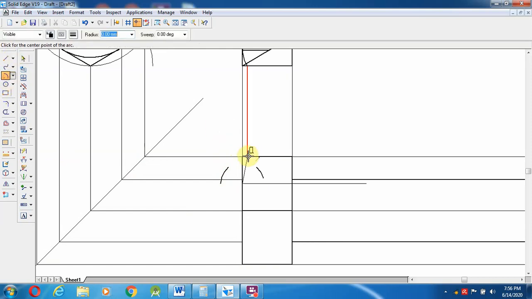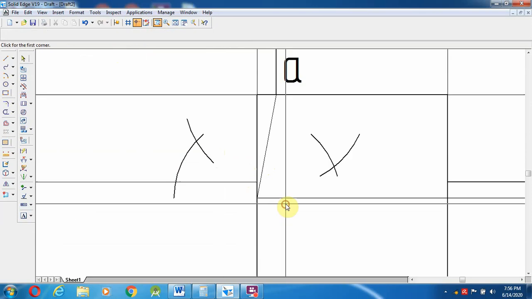So now we are going to take this A as the center point, with 9.31 as the radius. Select a line from here to here, and from here what is the length, 9.31. So go to here, 9.31, enter. So wherever it will be cut, I am going to do one there.